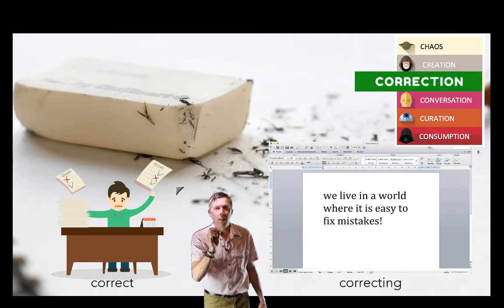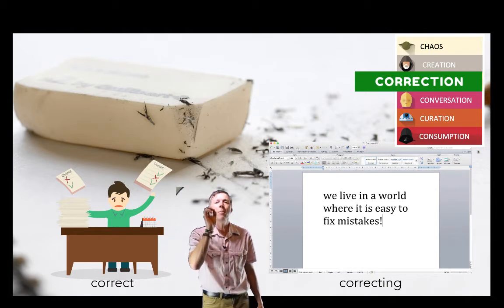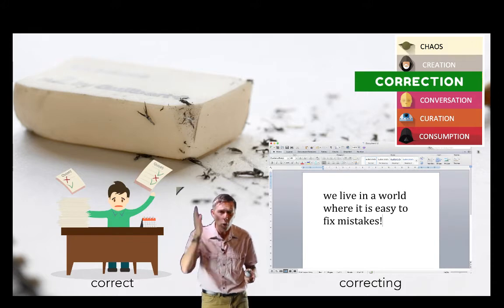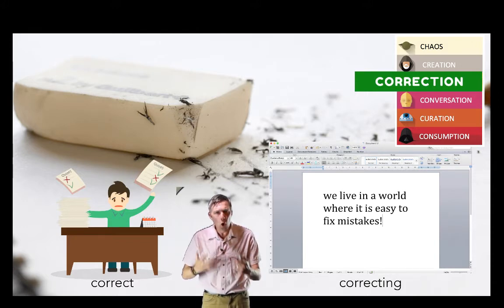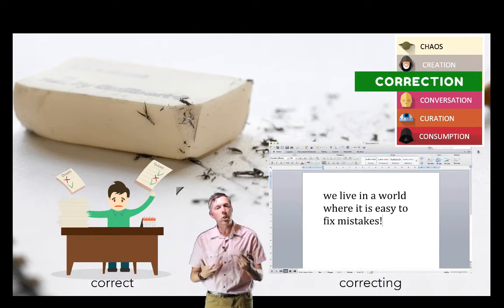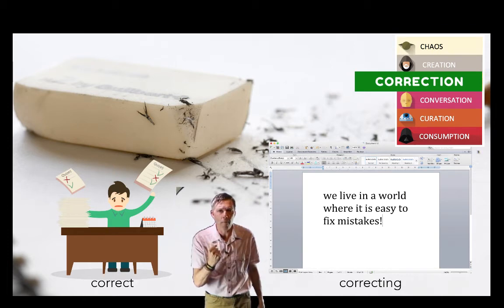Because why? Because learning happens in mistakes. And technology allows us to encourage that. It's okay to make a mistake. Learn through it. And so students can work together. That's the wiki world we live in. What's a wiki? A wiki is this ongoing thing that is constantly correcting itself. And it's so powerful. The pedagogy of correcting.